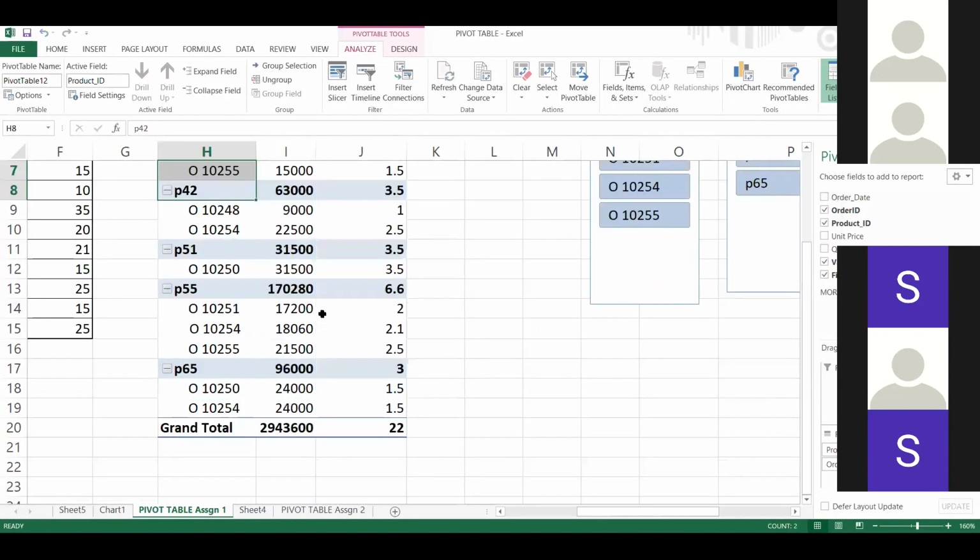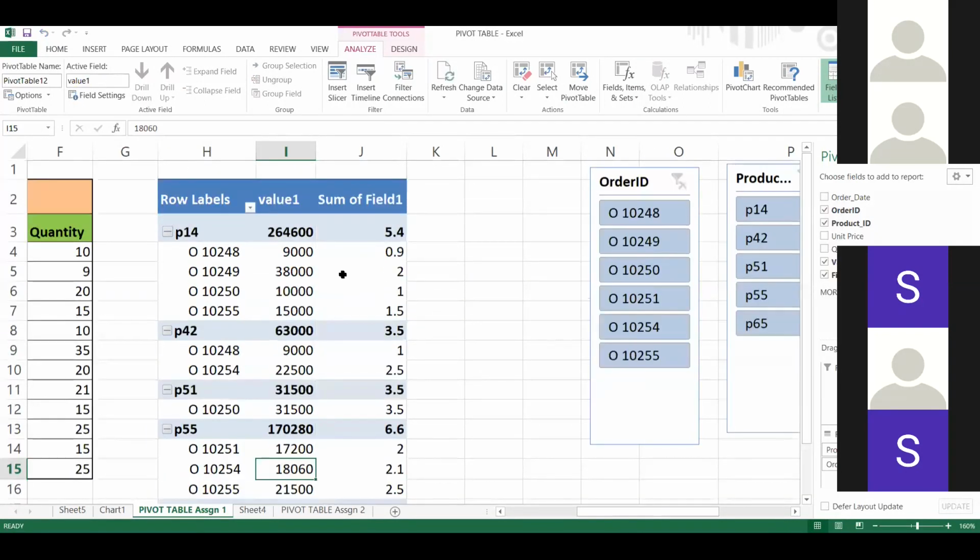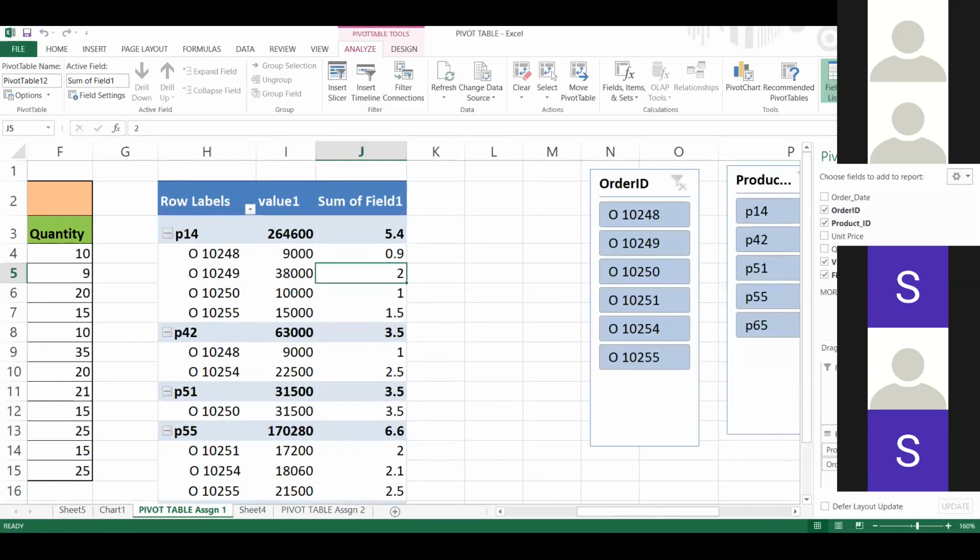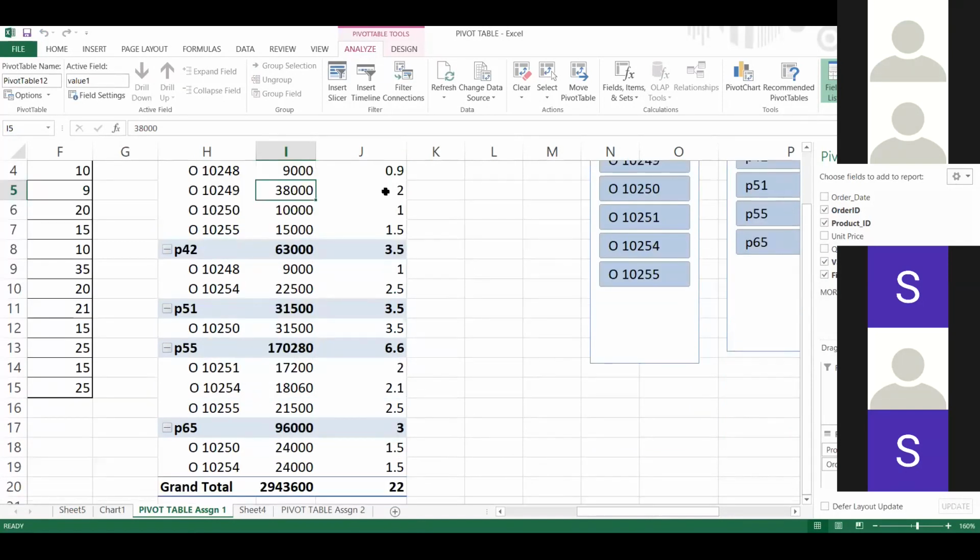Okay. So we have done one assignment. The second assignment you all can do yourselves. We have done this once, so you have to do it yourself, and we can move on. We have finished with pivot tables because we are running out of time. We will be starting with functions. Any doubt in this, you can ask me, or after the class is over.